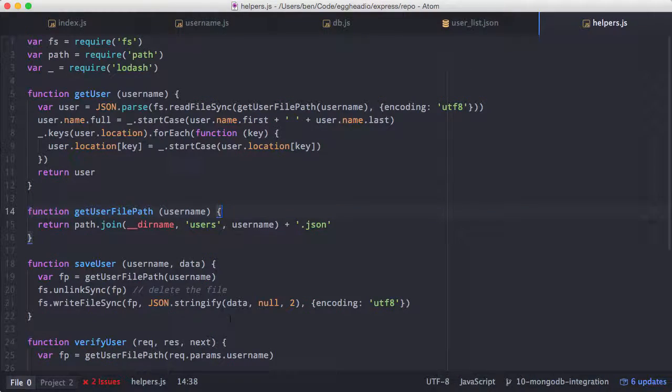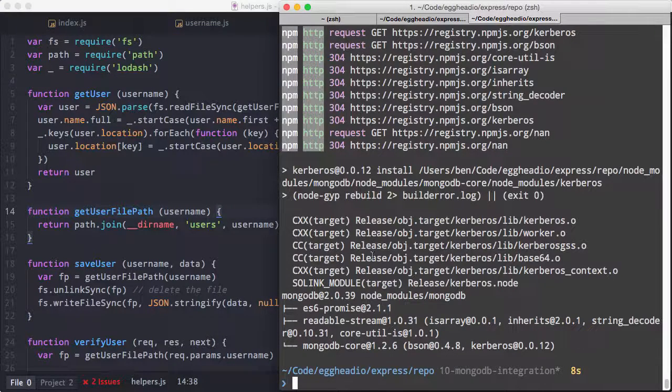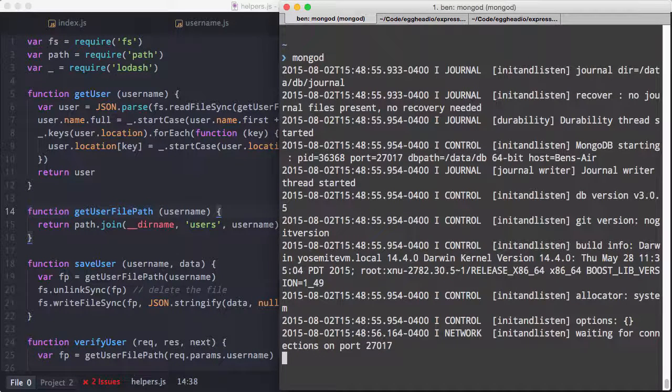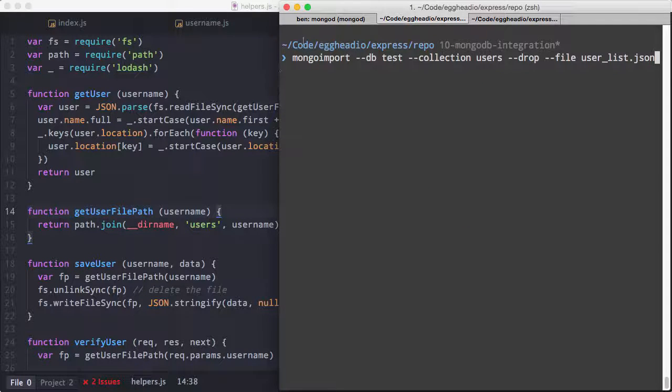So if we come back to our terminal here, this is now finished installing. We're going to go ahead and start MongoDB itself, which I've installed previously. That's unrelated to the NPM install. And now we're going to use a tool that Mongo installs called Mongo Import, and we're going to tell it